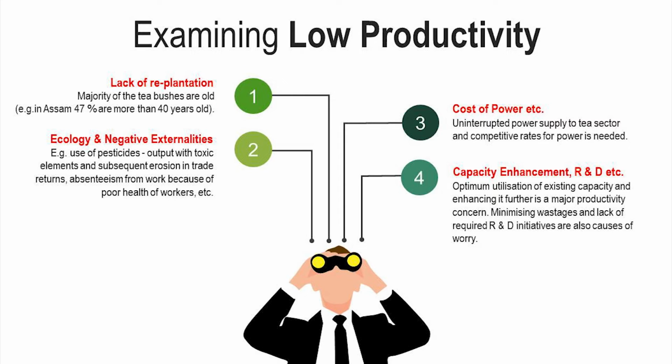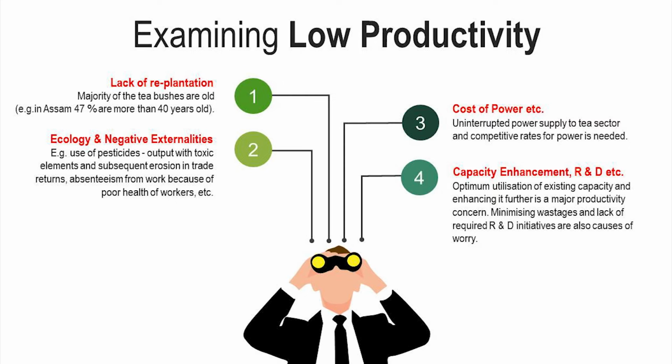One is the very old gardens, lack of replantation. The second one is the ecology and negative externalities. Third is the cost of power, uninterrupted power supply that is required, which is not there at present. And capacity enhancement, sufficient investment in R&D. So this is another thing that we need to have if we want to improve the sector. So these are the 4 things that we should consider if we look at the present low productivity